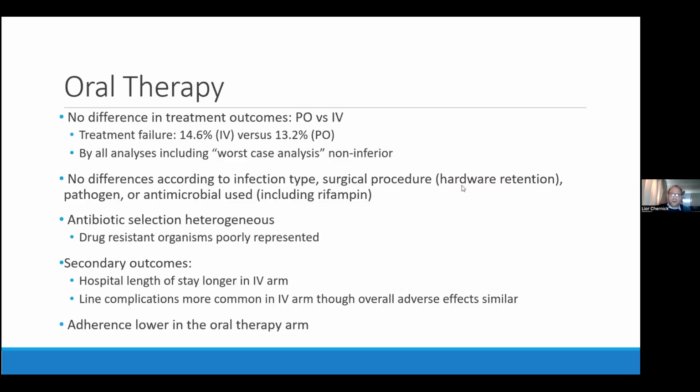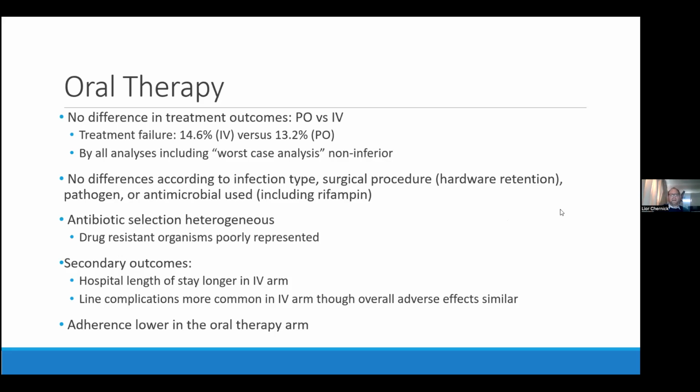So again, no difference in treatment outcomes, treatment failure 13 and 14% in oral and IV respectively, and this was by all analyses. There was no difference really according to infection type, surgical technique, or whether there was hardware retention, the pathogen, or the antimicrobial used. Antibiotic selection was heterogeneous, but it's important to note that drug-resistant organisms were quite poorly represented in the study. So again, when dealing with a multi-drug resistant organism, perhaps one needs to be more cautious in applying the outcomes